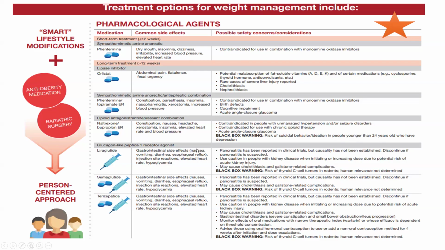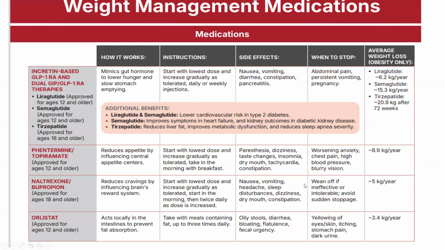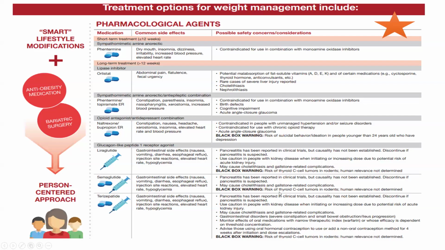dual GLP-1 and GIP. In terms of naltrexone and bupropion, we already looked at the side effects which can happen, especially in patients with acute angle closure glaucoma. There is a safety concern. Also, it's contraindicated in patients who have unmanaged hypertension and/or seizure disorders, and it's contraindicated for use with chronic opioid therapy. There is a black box warning for naltrexone or bupropion about the risk of suicidal or behavioral ideation in people younger than 24 years old who have depression. So keep this in mind when we are going to prescribe this combination of opioid antagonist and antidepressant, which is